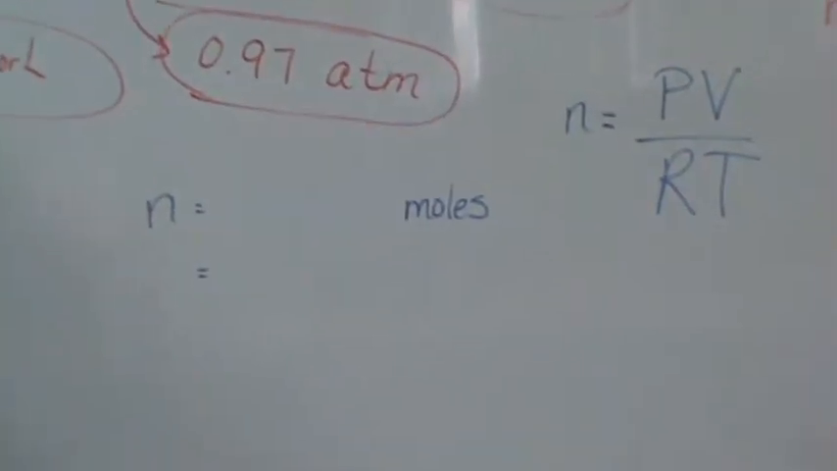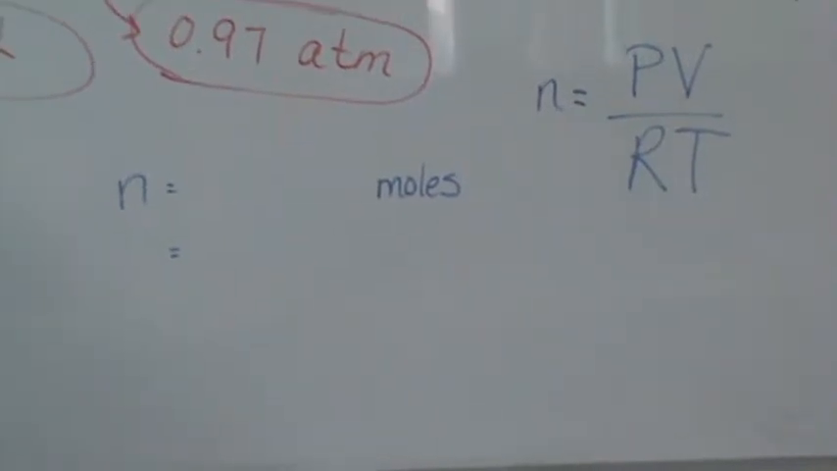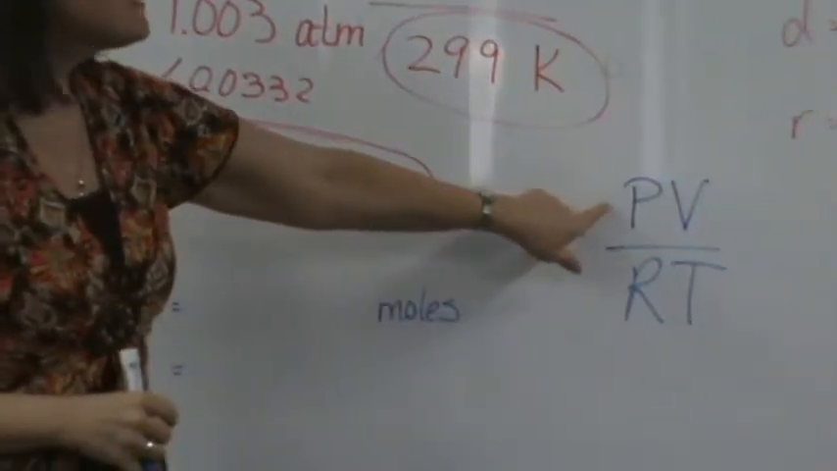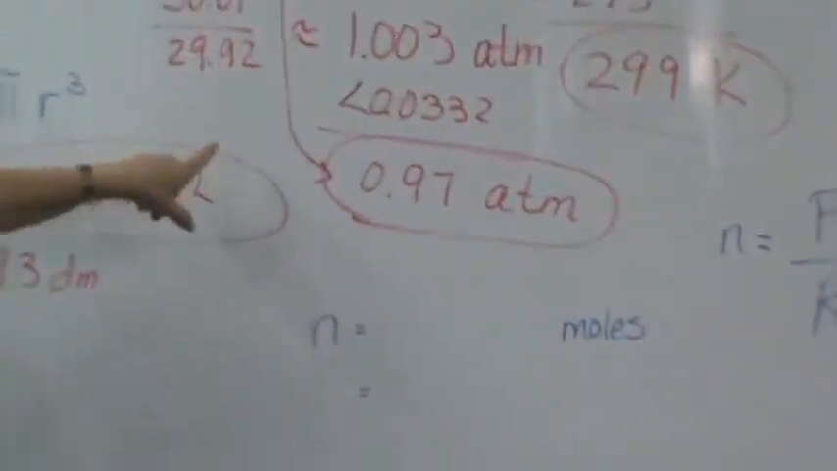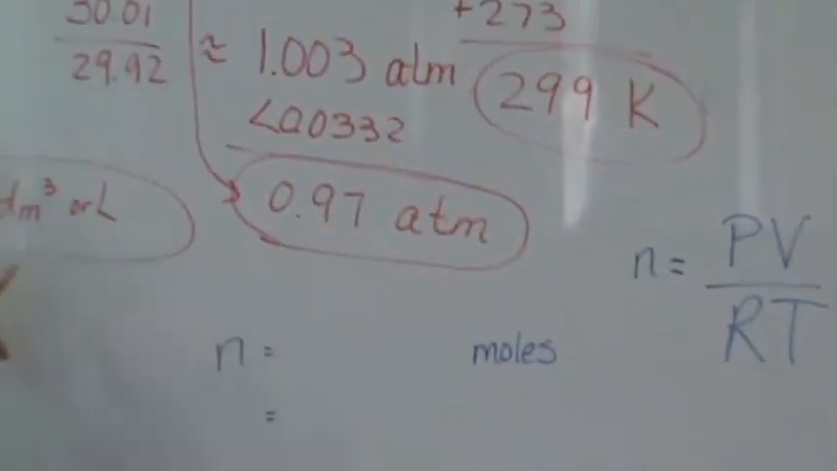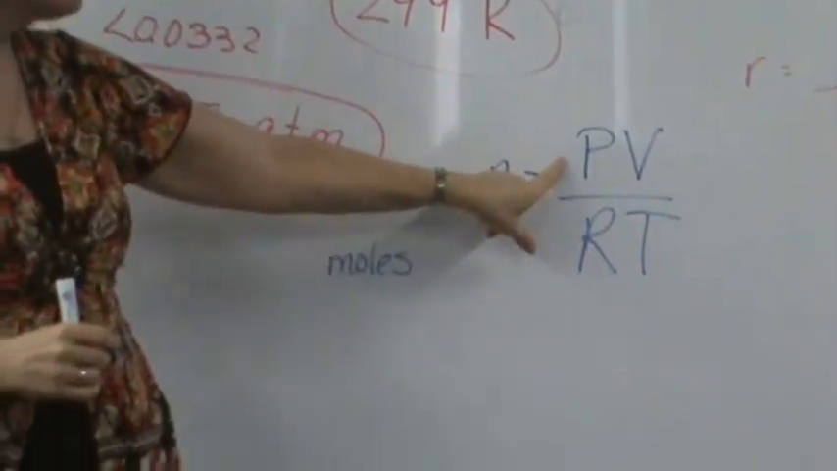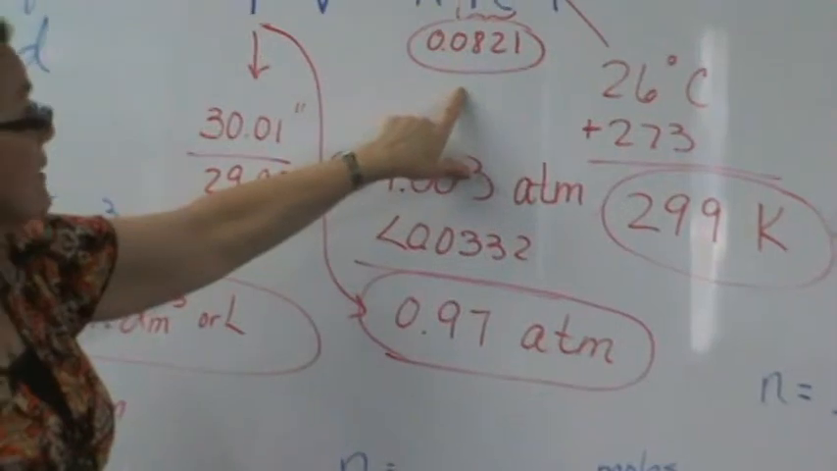That's way off. Yeah, I got 0.0133. What are you guys doing? I got 0.12. Okay, your pressure, let's go back. If pressure is almost 1 and volume is a little over 3, this should be a little over 3, right? Divided by this